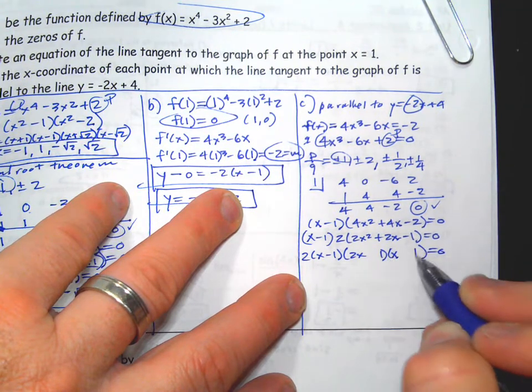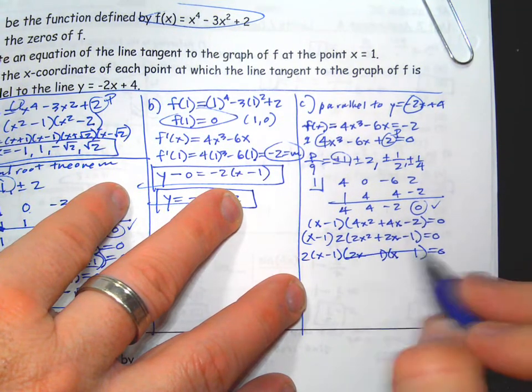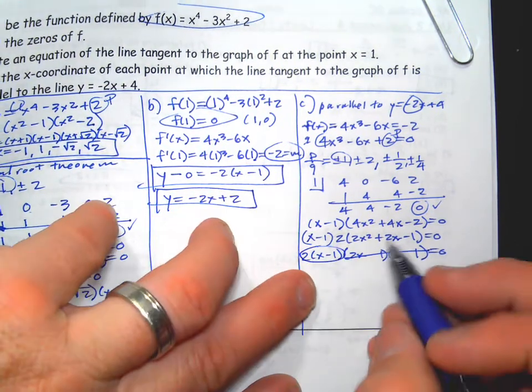It's got to be a 1 and 1. It's got to be a positive and negative. You can't factor that. So this is one of your roots, but we're going to have to use the quadratic formula